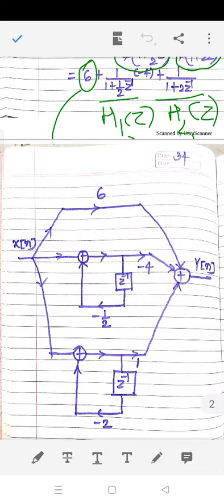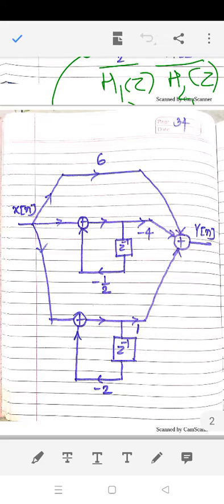So this is our next numerical regarding the parallel structure of the IIR filter. Now what type of advantage do we get in the parallel structure? If you can recall, what type of advantage are we having here? As it is a parallel structure, the time delay is reduced here.